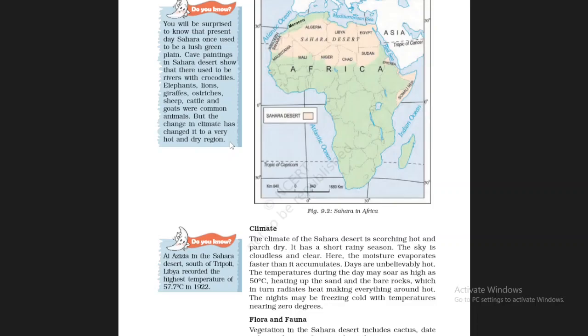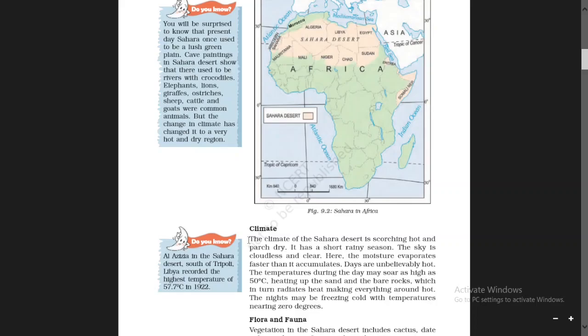See here, the location of the Sahara Desert in the map, and the countries it touches, it indicates here. So you must be clear on this one, okay boys. Now let us see the climate